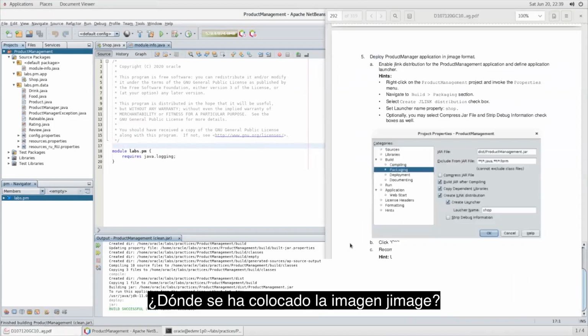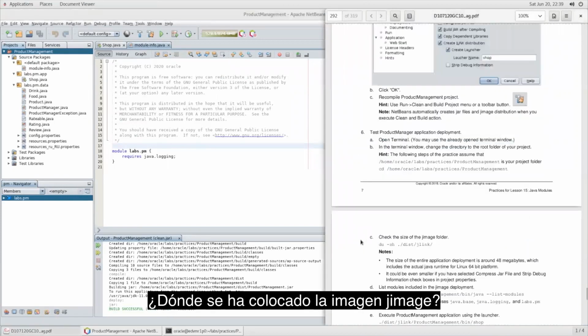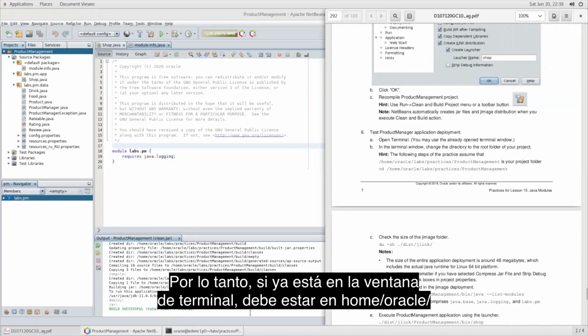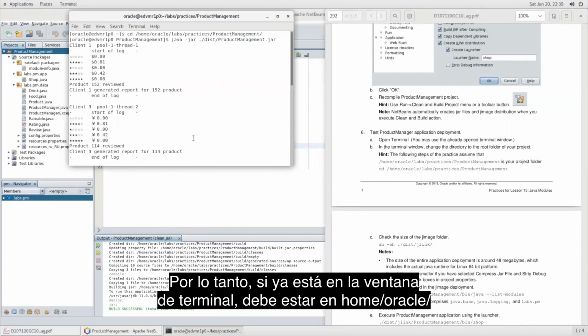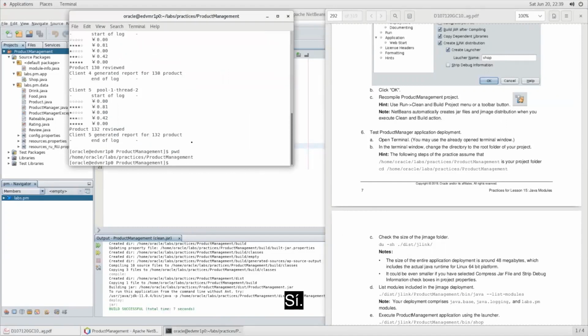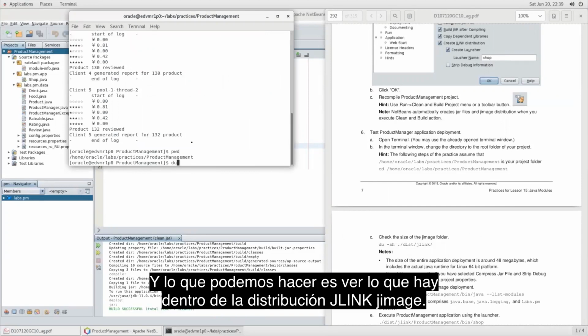Right, where was the JImage placed? Well, it was in the distribution folder under the project folder. So if we are in the terminal window, if you already opened that, you need to be in Home Oracle Apps Practices Product Management. Are we? Yes, we are, that's the right folder. And what we could do is just see what's inside that